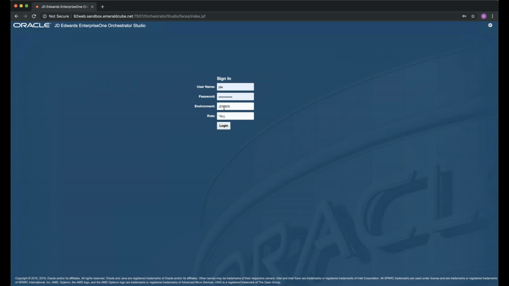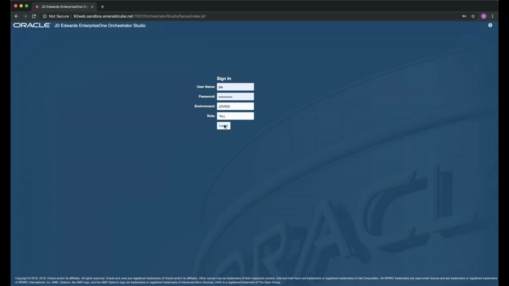In Server Manager, when the Orchestrator is installed and when AIS is installed, you do have to whitelist the users that are going to use the Orchestrator Studio. That's kind of a gotcha that we like to highlight, just in case you get tripped up. If you don't do that, you're going to get a sign-on error that says the user isn't whitelisted, but we already have that all set up, of course.